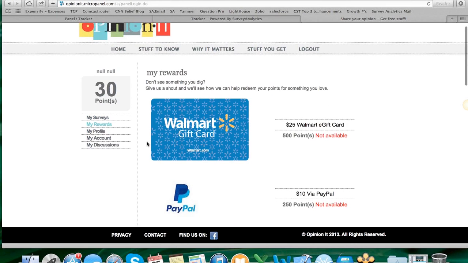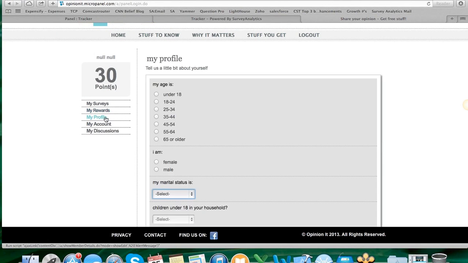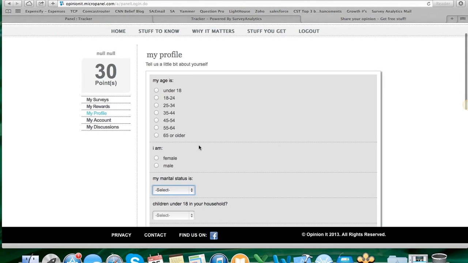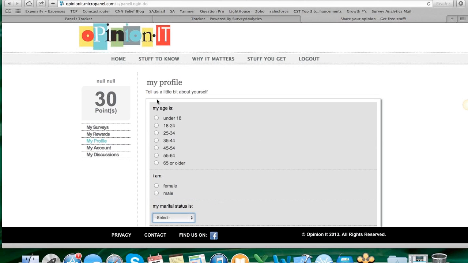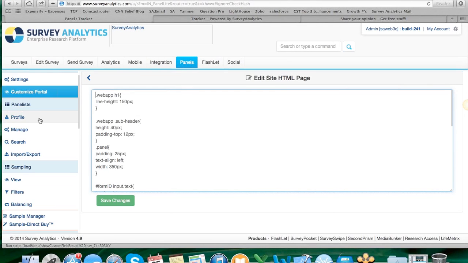I can see which rewards, once I have points, are available. I can go in and update my profile and also other information on my account. So you can really go far in the look and feel and the customization. The next thing to think about when creating a community, we're going to go over here under our panelist heading,